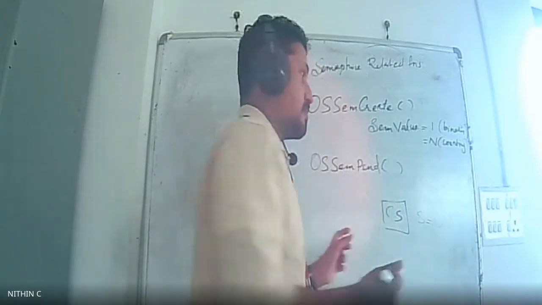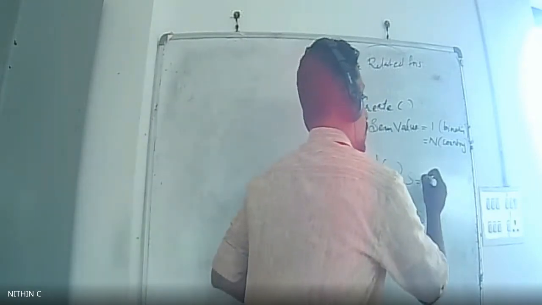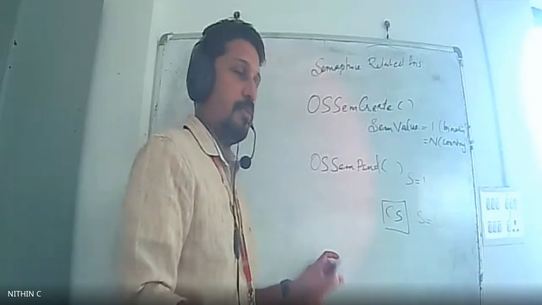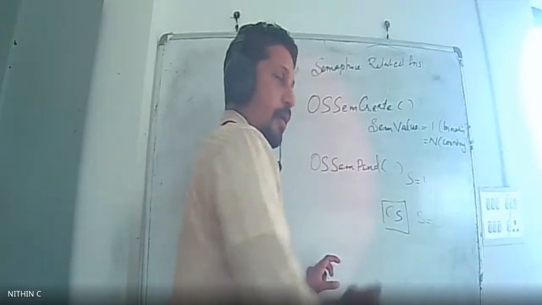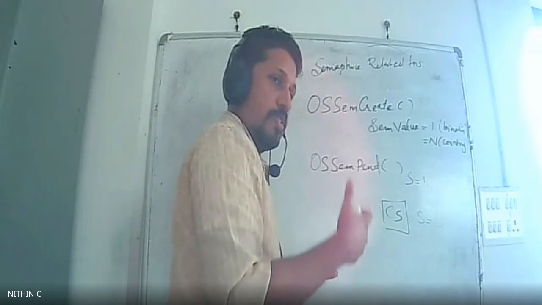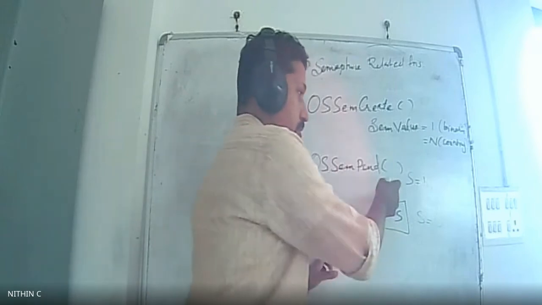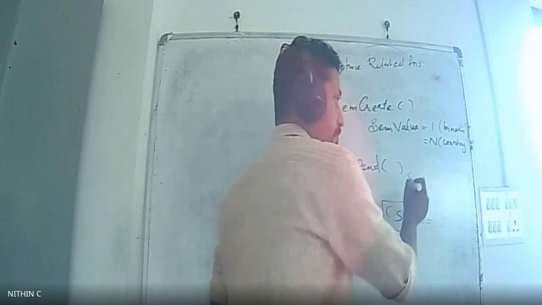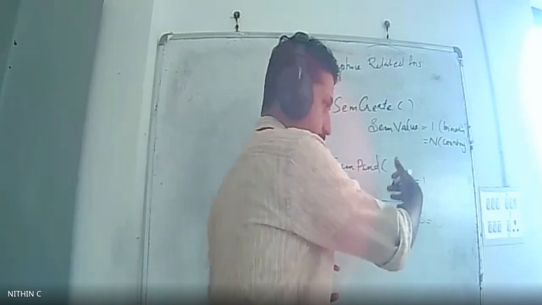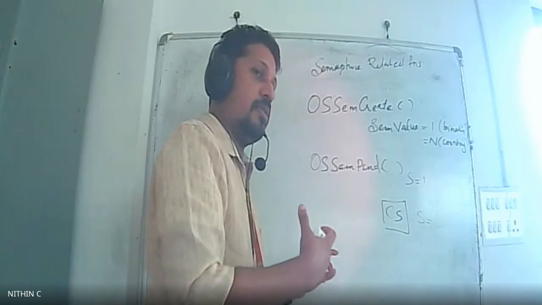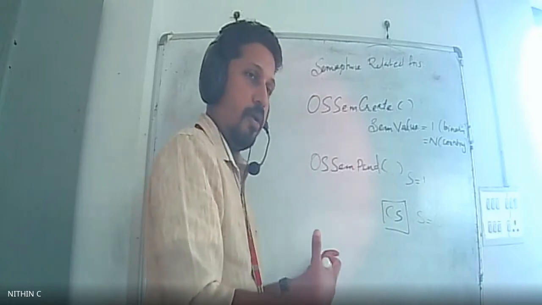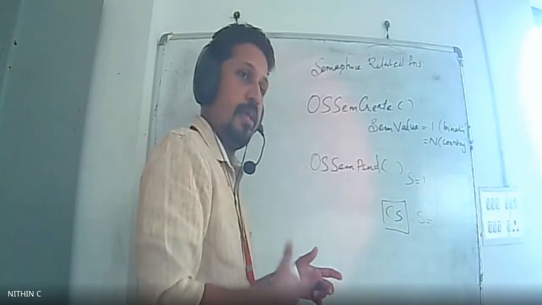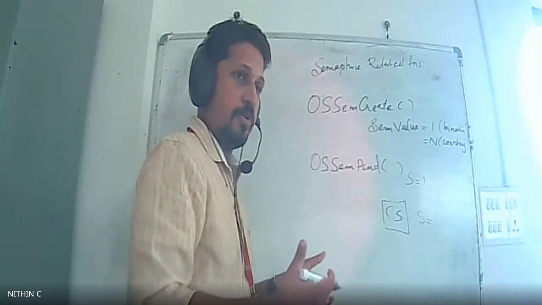We are actually initializing the semaphore variable with 1, right? And a process now tries to enter the critical section. So just before entering the critical section, its value will be decremented by 1. Right? Now the value is 1. What is the first criterion for entering the critical section? Its value will be decremented by 1. When it leaves, its value is again incremented by 1. That's actually the concept of the binary semaphore.